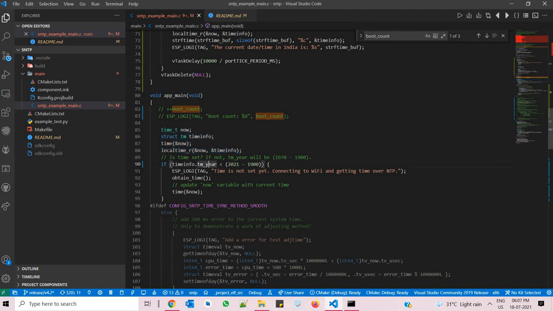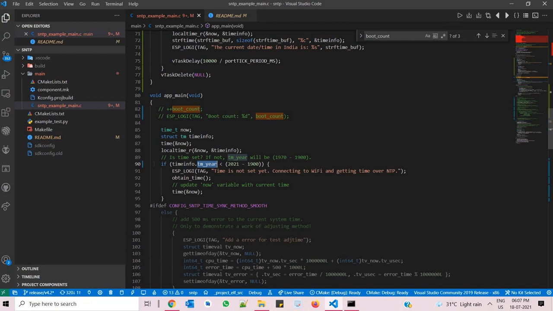Here the condition for the year will check whether the current timestamp which we got from the internal clock is correct or not. If the time is not set, then it connects to Wi-Fi and gets the time over NTP.